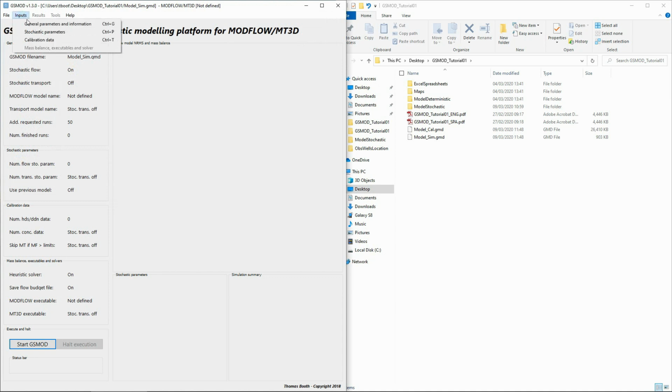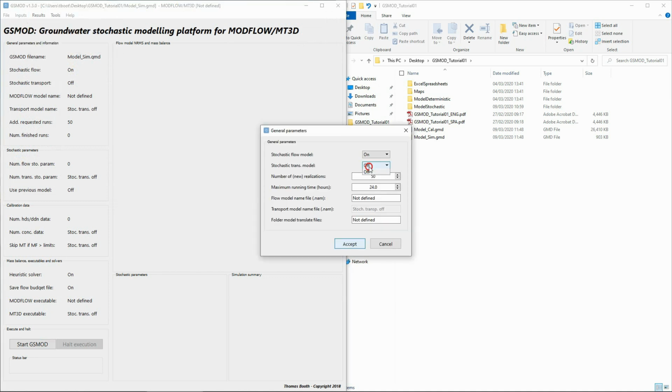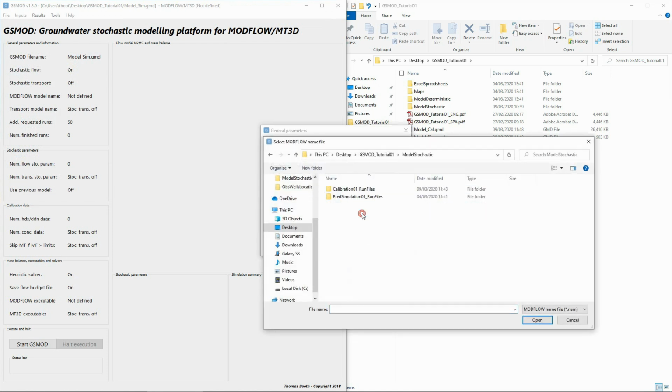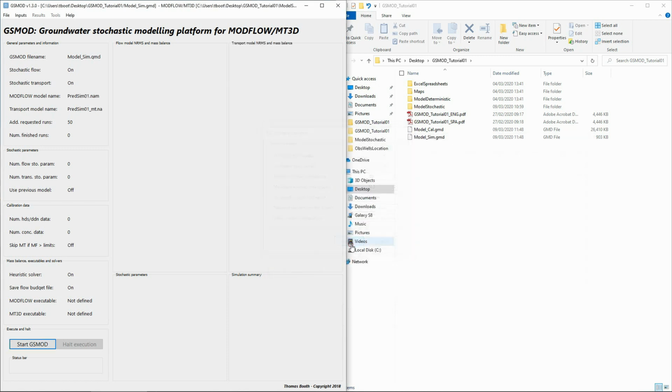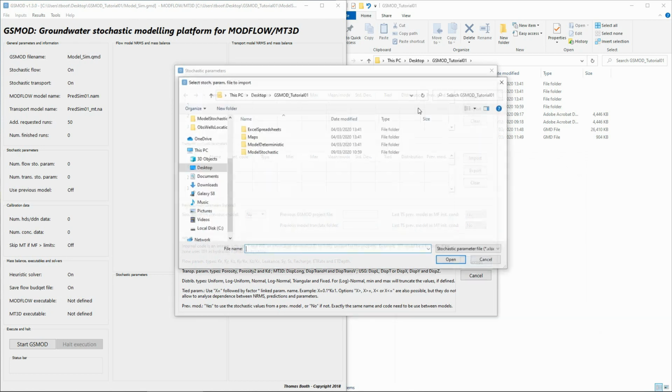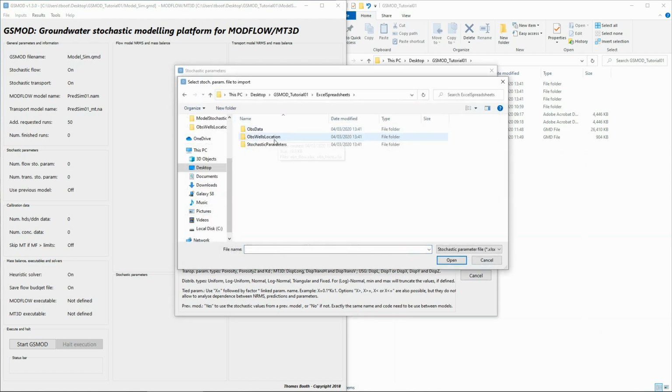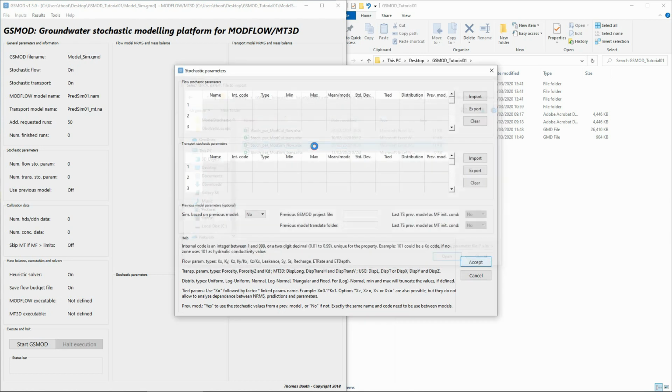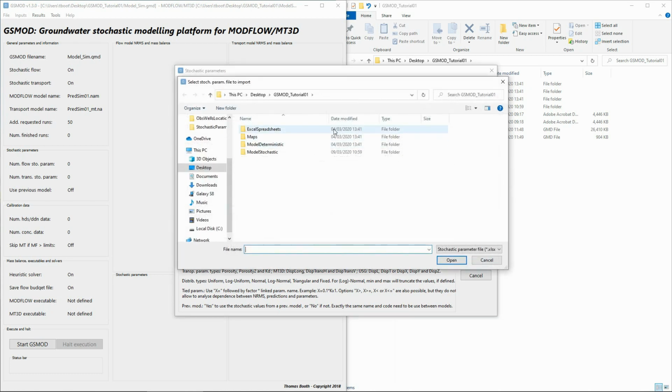The steps to set up the new project are the same as for the calibration model, but using the MODFLOW and MT3D MS models associated to the predictive simulation scenario. For the stochastic parameters, we import the spreadsheets associated to the predictive simulation. The first thing that we notice is that many of the stochastic parameters are set to be taken from a